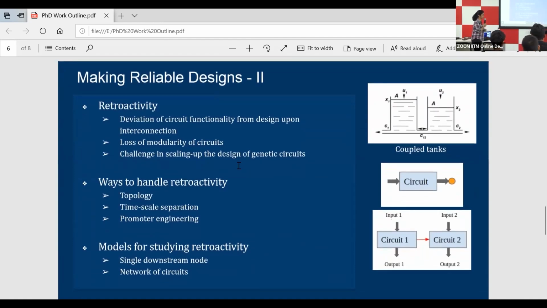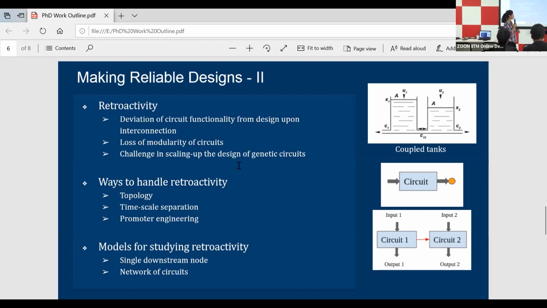Another problem that we find is retroactivity, which can be equated with the problem like the coupled tanks, where we have two tanks, they have some inflow coming and there are outlets and they are coupled by a passage which they share. So now the task is to maintain the same level of water in the two tanks. Then there is this method called feedback linearization, which is a nonlinear control design method, which tells us how to design the inputs U1 and U2 such that we can maintain the same level of water in both the tanks,